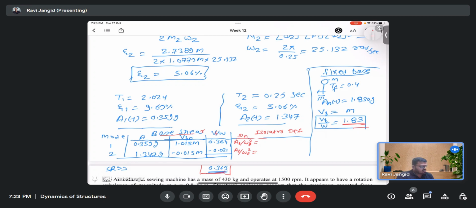So I will do it in centimeters. It comes out to be 36.55 centimeter. And for the second one, 1.347 times 9.81 divided by 25.132 square, and if I convert into centimeters, it comes out to be 2.091 centimeter. So to find the